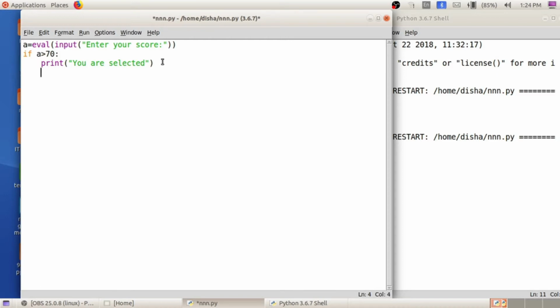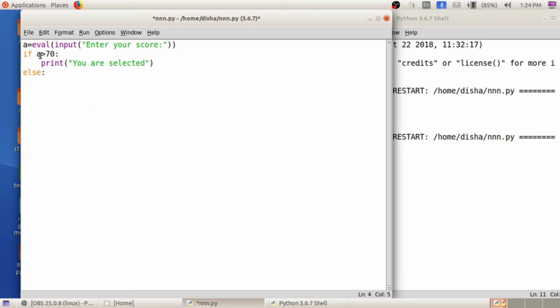So press the enter key. Then you can see the blinking cursor is now below the printing statement. But one thing to be noticed is that when we are giving the if else statement, if and else must be at the same position. So press the backspace key on your keyboard so that you can see the cursor is here. Specify the else statement, E-L-S-E, else, and press colon.